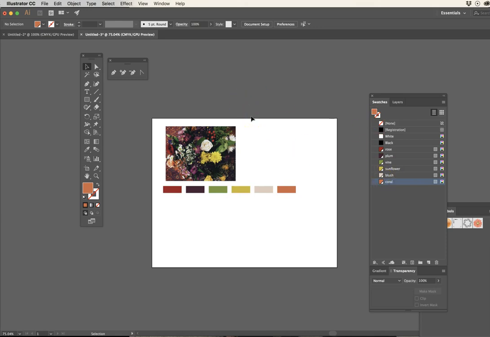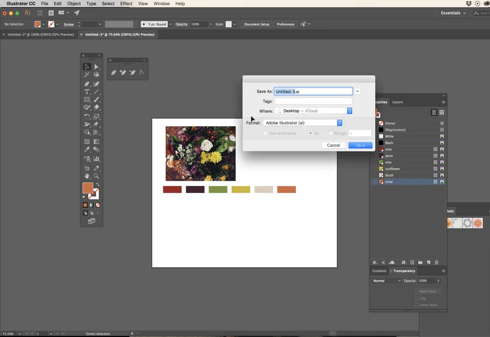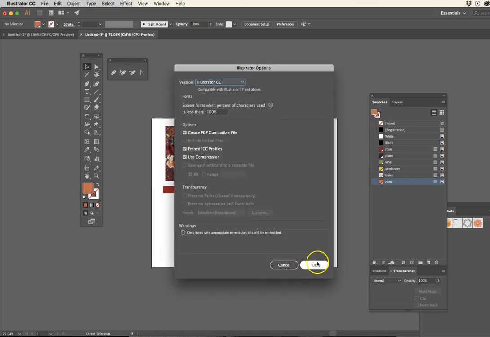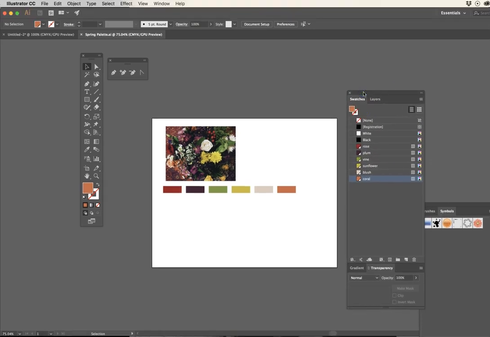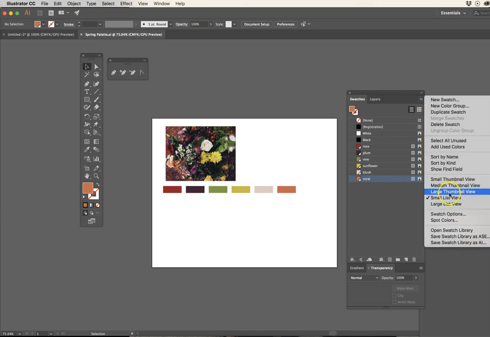saved. When I save my file, save, I can call it Spring Palette and save it. The document now is going to always have these swatches attributed to it, and if I do want to use these swatches for work in another document, so if in another program, like if I work across platforms like to InDesign or Photoshop, I can also go to the side of my panel here and say save